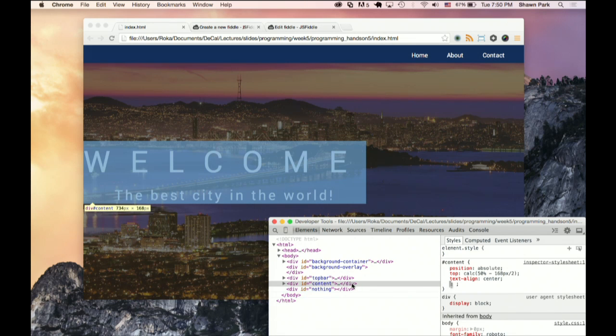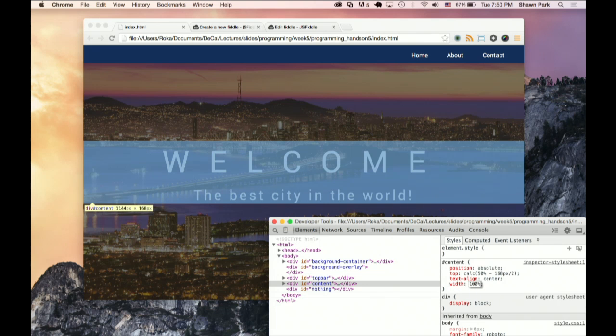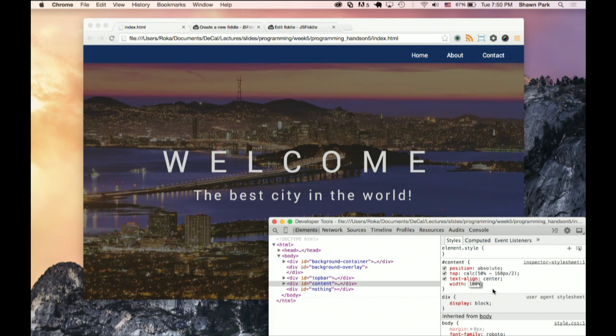So we want to set a width so that the text is in the middle of the div. So yeah, width 100%. This centers our title. Yes, Thomas? We could also lower the width and use a margin 0. Yeah, we could also use that.